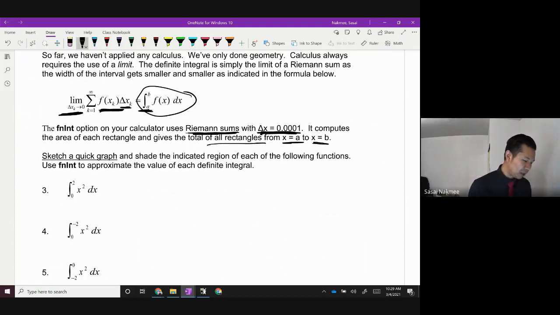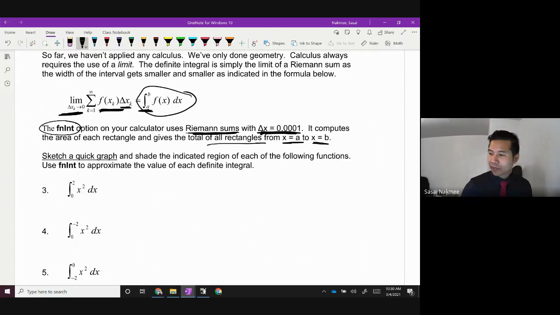So check this out. We're going to use our calculator to do this for us right now just to practice this. I'm sorry if you don't have access to your TI calculator. I don't know if fnint is a function on Excel sheets or Google Sheets or Microsoft Excel. It probably is, but I don't know that one. We could Google it. But for right now, I'm going to show you real quick here.